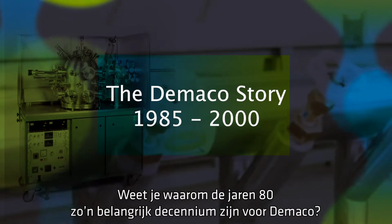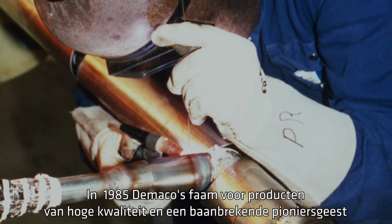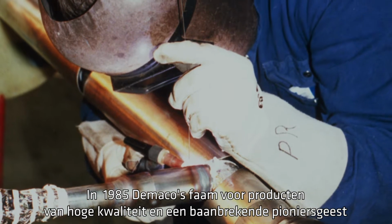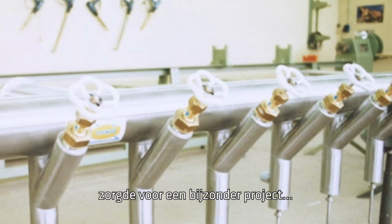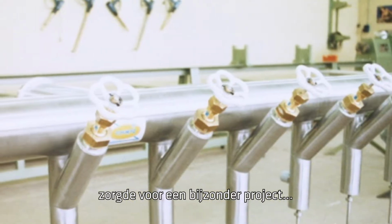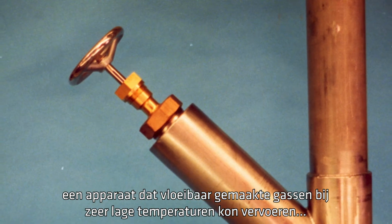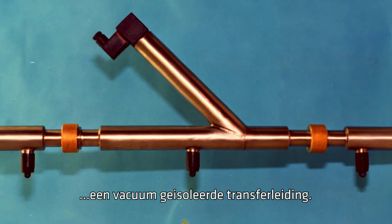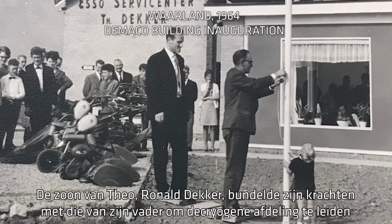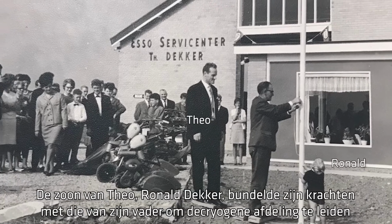Do you know why the 1980s is such an important decade for Demaco? In 1985, Demaco's reputation for high-quality products and pioneering engineering spirit brought a peculiar project to its door. A piece of equipment able to transport liquefied gases at very low temperatures. A vacuum-insulated transfer line. Theo's son, Ronald Decker, came to join forces with his father to lead the niche cryogenic